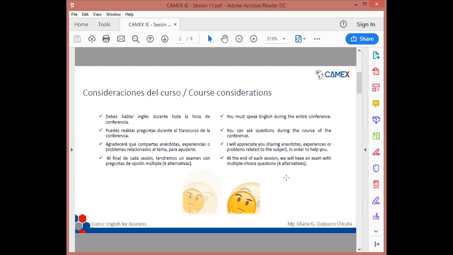Okay, so I will repeat the course considerations. First, you must speak English during the entire conference. Second, you can ask questions during the course of the conference. If you have any questions, I will make a pause and read the question at the end of the explanation of each slide. Okay. Third,